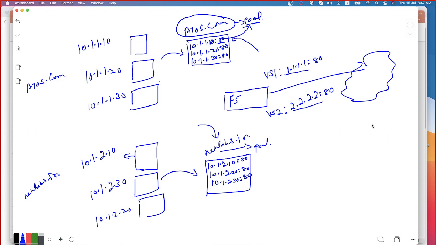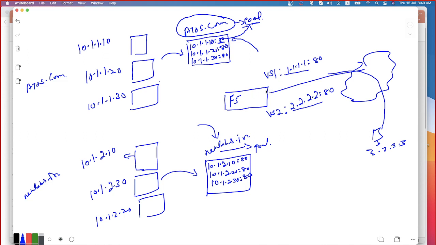Now somehow via internet the traffic is going to be sent to me. If somebody is accessing, let's say one is connected over here, let's say he is 3.3.3.3. Now he is trying to access atos.com. What will happen? The source IP address will be 3.3.3.3 and the destination IP address will be 1.1.1.1. The service which is requested is TCP/80. Now the traffic will all the way travel through the internet. My F5 will be receiving the traffic on the public facing network or public facing interface.